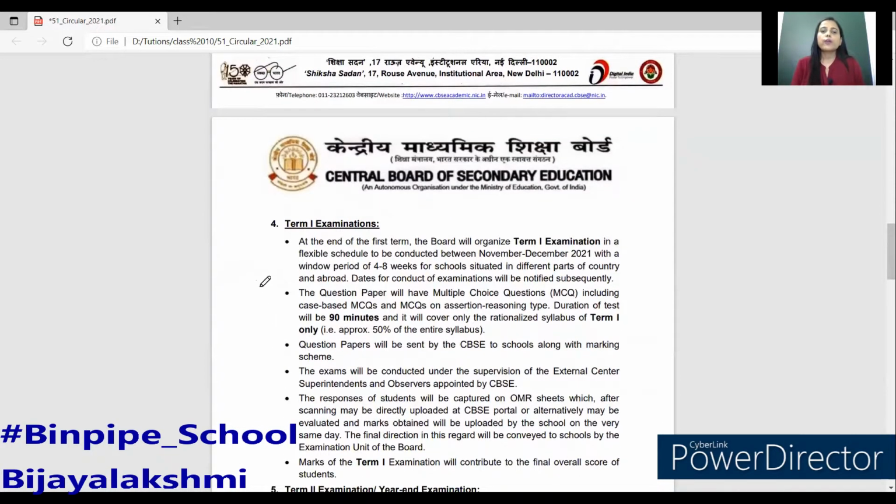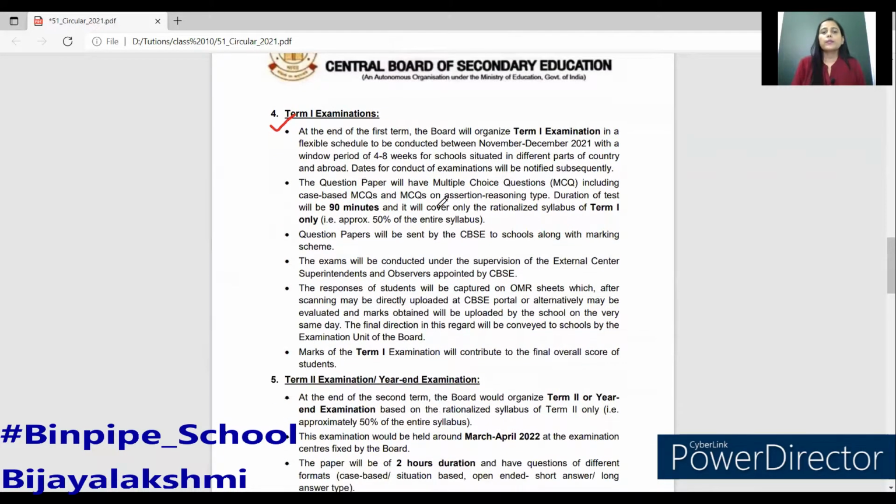Now the fourth one, which is important and which we have to understand, is that the first term will be organized between the months of November and December. That means they are giving a window period. They are allowing the schools situated in different parts of the country to complete their examination from November to December, within 4 to 8 weeks. That means they are allowing 2 months for the schools to take the examination, and the dates will be